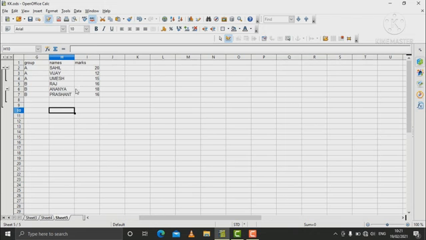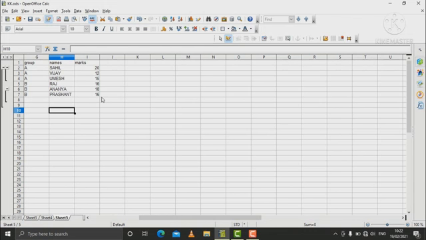Suppose I want to show the total of group A students and group B students. So the total of marks of group A will appear and the total of marks of group B will also appear here. How can we do so?